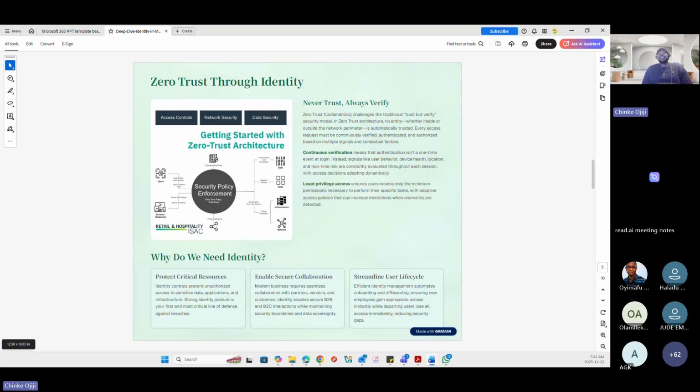Is clicking that link going to expose the organization? These are the things that we look at in zero trust. So continuous verification, least privilege, that is what zero trust is all about. And in the zero trust architecture, let me increase this.